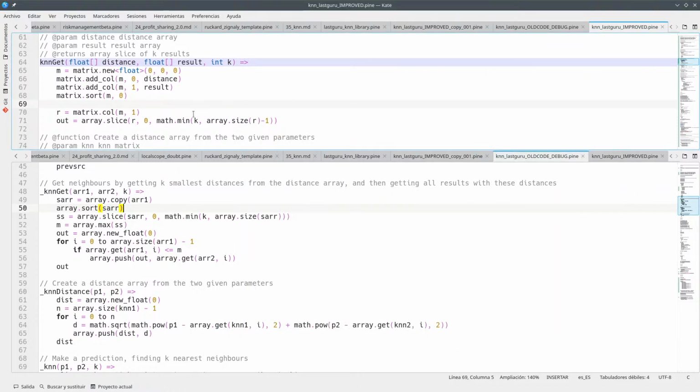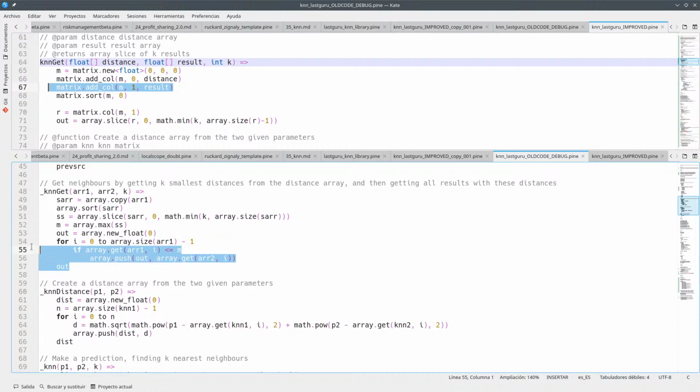Okay, so it's not the same thing as it's happening in the old code, because in the old code this is working only with the array of distance. It's not making an order of the results